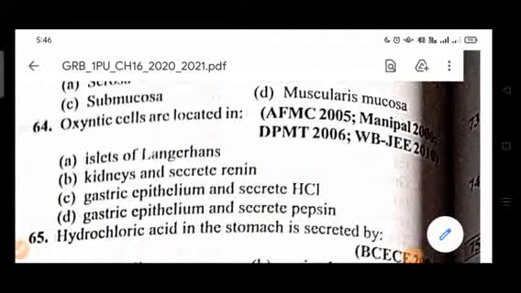Next question for the day. Good morning, one and all. So, in continuation with yesterday's topic, first PU chapter number 16,